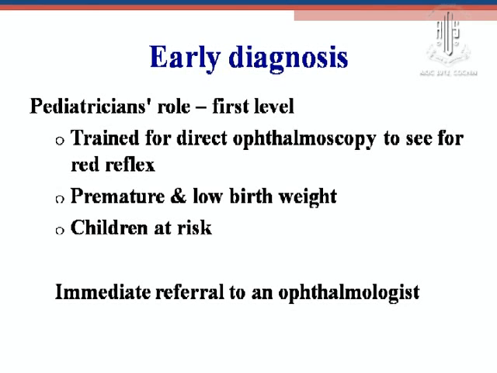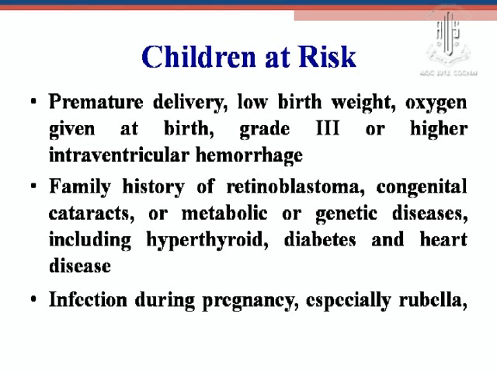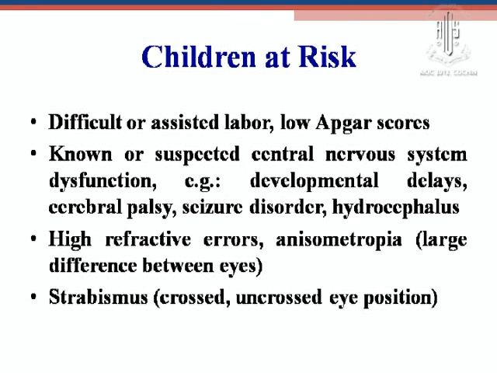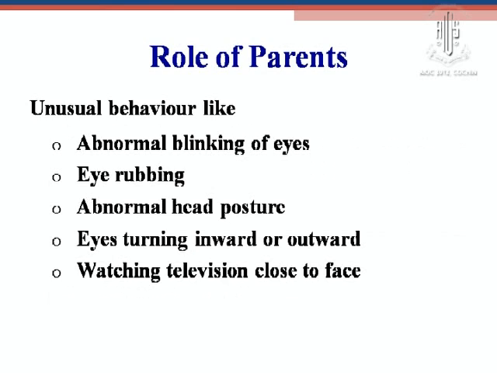Pediatricians play a vital role at the first level, so they should be trained for basic eye examination and also direct ophthalmoscopy to look for red reflex. In case the child is premature or has any of the risk factors like low birth weight, increased use of oxygen in the NICU, family history of retinoblastoma, congenital cataracts or any metabolic diseases, infections during pregnancy, difficult or assisted labor with a low APGAR score, known central nervous system disorders like cerebral palsy or developmental delays, they should be referred immediately to the ophthalmologist. Pediatricians should also inform and counsel the parents about the common eye problems seen in children,